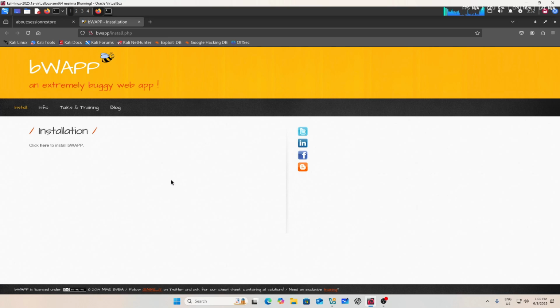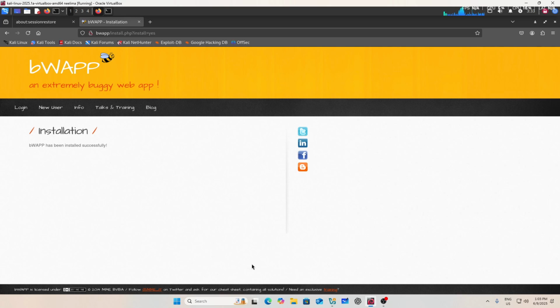You can see this is bWAPP, known as an extremely buggy web application, which means by default there are bugs. Click on this button and you can see bWAPP has been installed successfully.